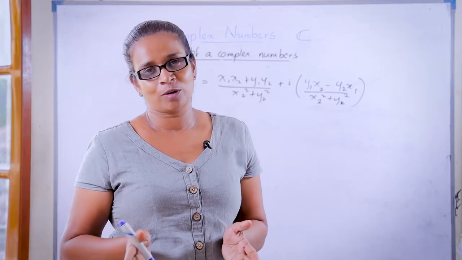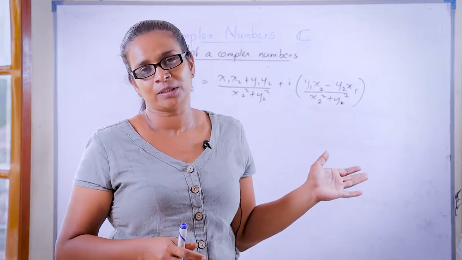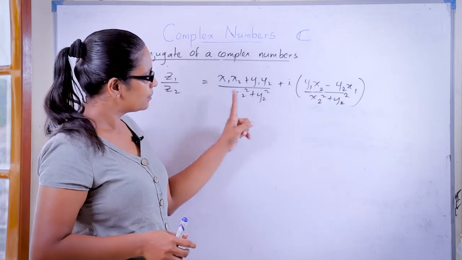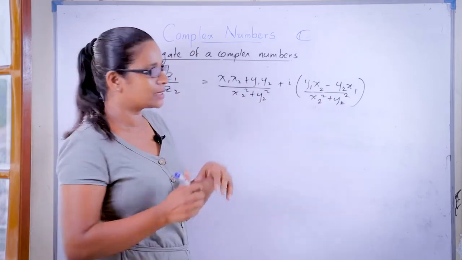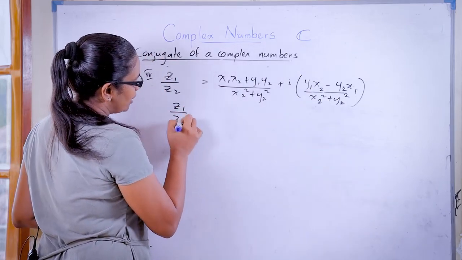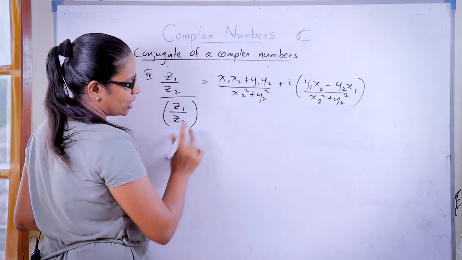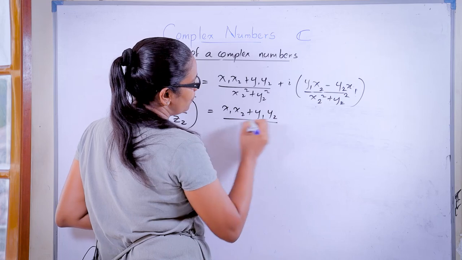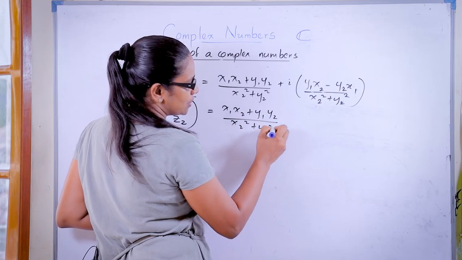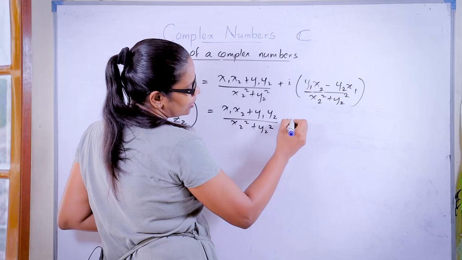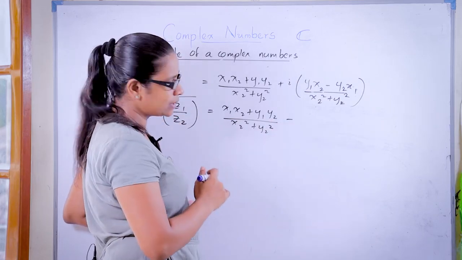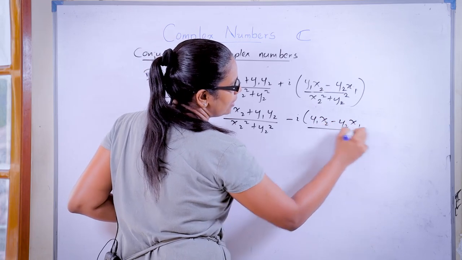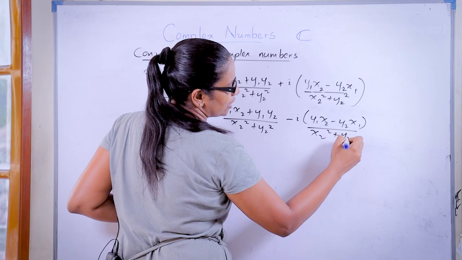Okay, now let's talk about the conjugate related to the division of complex numbers. Okay, I proved this one, the division of two complex numbers. We got this answer. Again, this is a complex number. So, I need to write down the conjugate of this division. You can write it here as (x1 x2 plus y1 y2) over (x2 squared plus y2 squared). This plus, I am going to write it as minus now because of the conjugate. i (y1 x2 minus y2 x1) divided by (x2 squared plus y2 squared).